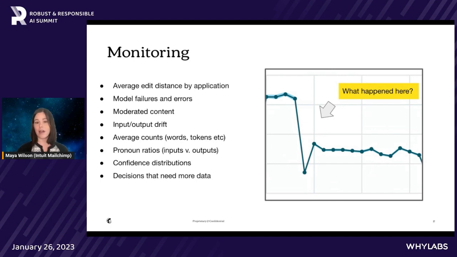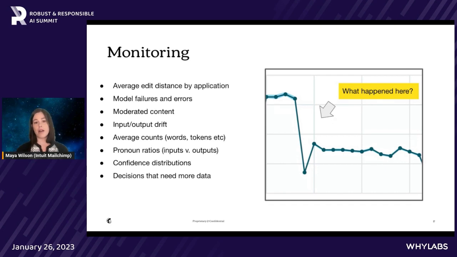Some of the things that we monitor are average edit distance by application. I think it's important to call out that this isn't necessarily at the model level, but this is actually where in the app this shows up. We have a few different places that we generate headers and subheaders. And in the auto-generated design, we may be doing better than in the core email experience. And so really breaking those out and understanding what's making the experience better or worse for our users is going to allow us to continuously improve those over time.